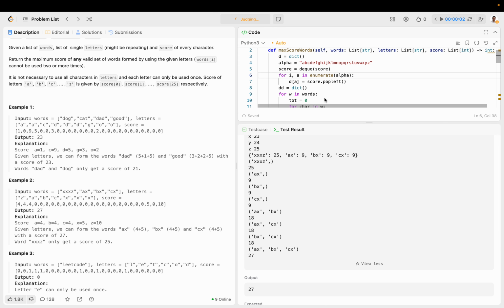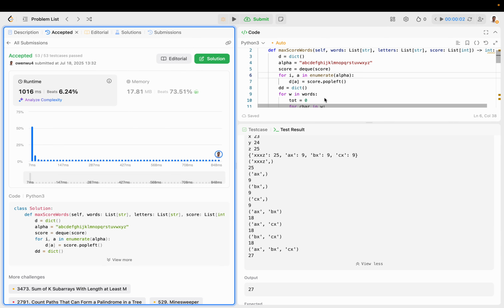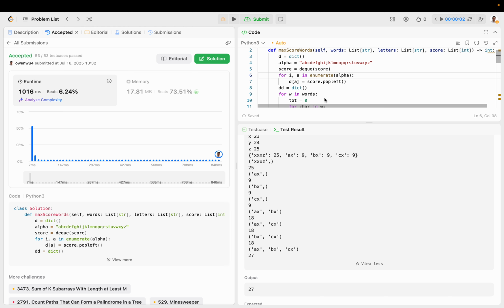Let's submit it. And there you go, passes all test cases. So again, I'm really glad that I was able to come up with my own solution to this problem and solve it on my own without any assistance. So even though there was that little misspell there, but yep,